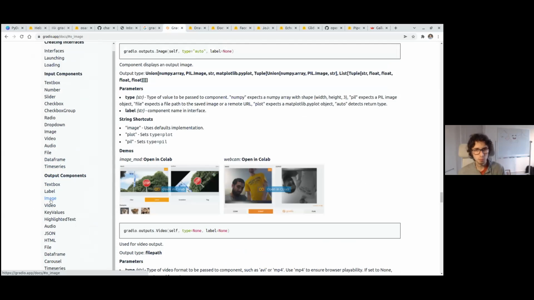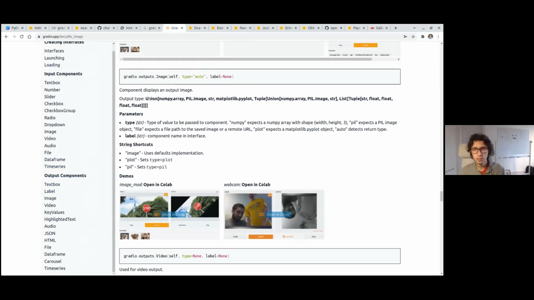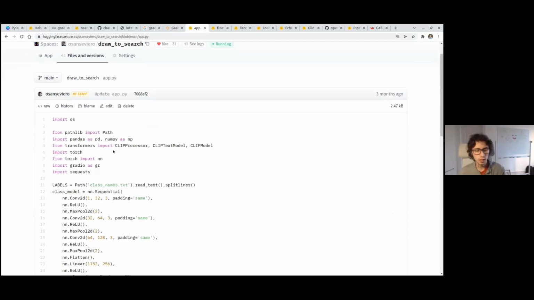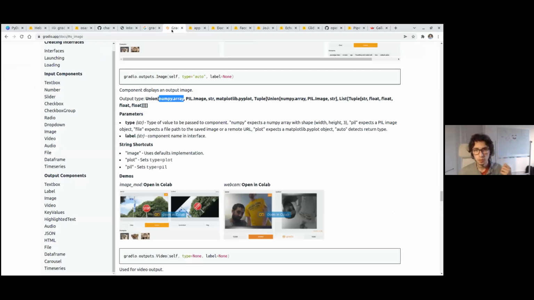So you can say that I want my output to be an image, but something that you can specify is what's the path. So you can output directly the image if you want, or you can specify the path for that image. What you can do here very easily in the demo is, somewhere in the code, save the file of the visual made by Plotly or Matplotlib, and then have the path of that image directly in the output. Or if you already have the built image class, you can also output that.